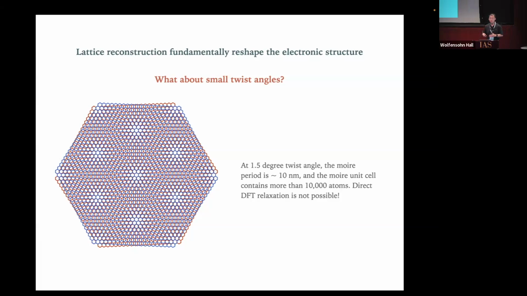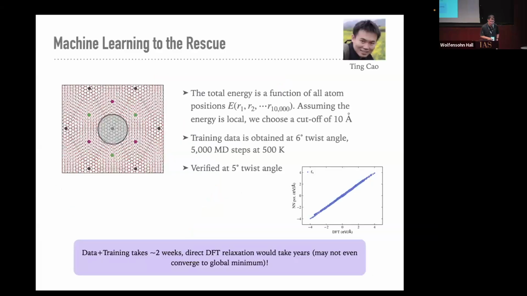The reason is actually not because you cannot do the band structure calculation, but because when you do the lattice relaxation, at each step you have to perform a full DFT calculation. And usually it'll take more than 100 steps to relax to a minimum. And sometimes you're not even guaranteed you're going to be in a local minimum. So it's just really time consuming and impractical. So that's where machine learning actually becomes very useful too. This is really a collaboration with my colleague Ting Xiao. It's actually a really straightforward application of the